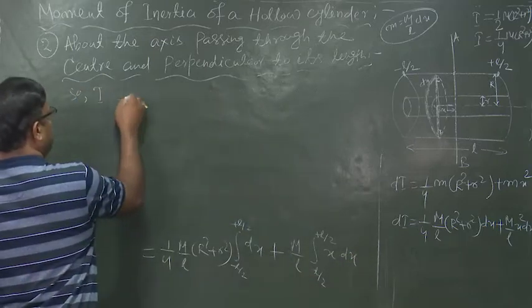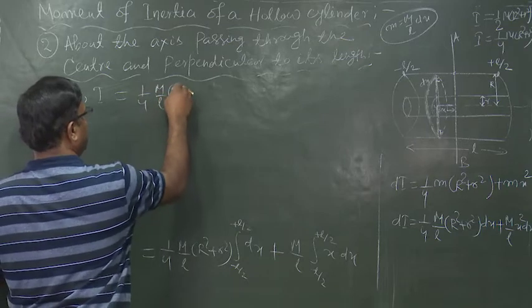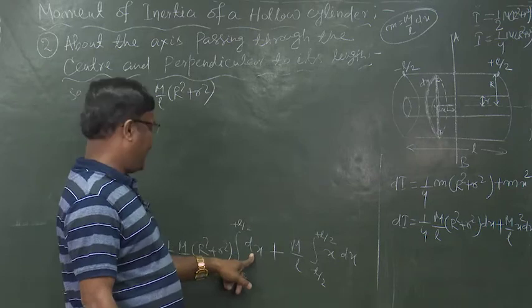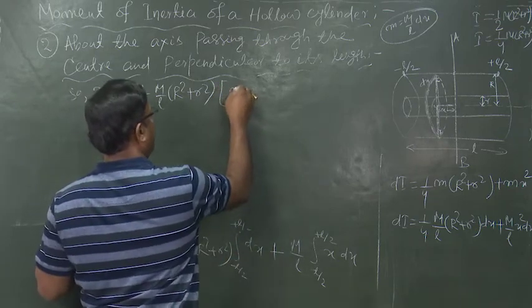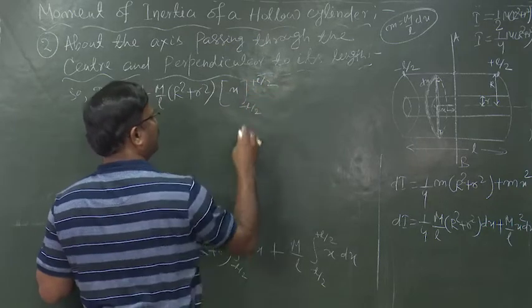So, I is equal to 1 by 4 m by L into r square plus r square into the integration of dx, which is x, so here we can write x from minus L by 2 to plus L by 2